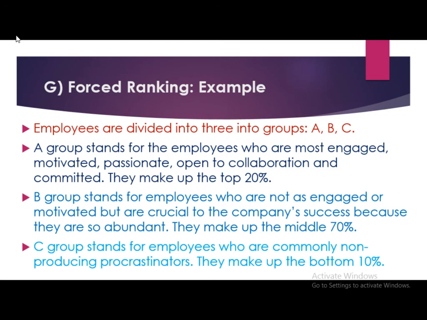Now here, we have taken these parameters and categorized employees into the top A, B, and C categories. Now, if you want to do performance appraisal, and this performance appraisal will be linked to the salary hike, then we can say that for A category, there will be a 10% salary hike. I'm just taking that as an example. For B group, there will be a 5% salary hike, and for C group, no salary hike for this particular year. So similarly, we can use forced ranking as an example.